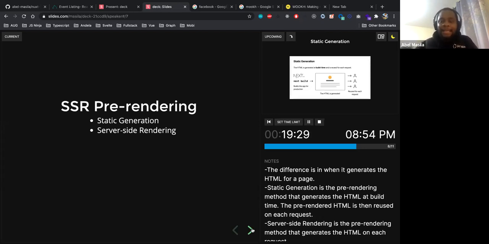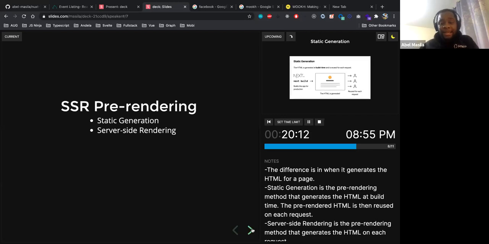That is the catch. And this is the best approach to do pre-rendering. It's the most encouraged way, because you don't want to keep on requesting the server for things which you can already load initially before the user opens a page. Then the other one is server-side rendering, and this is really nice for rapidly changing websites where the contents of the page are constantly changing. For instance, a dashboard tally. The data of that tally is constantly changing, and what this means is the content of that page is constantly changing.